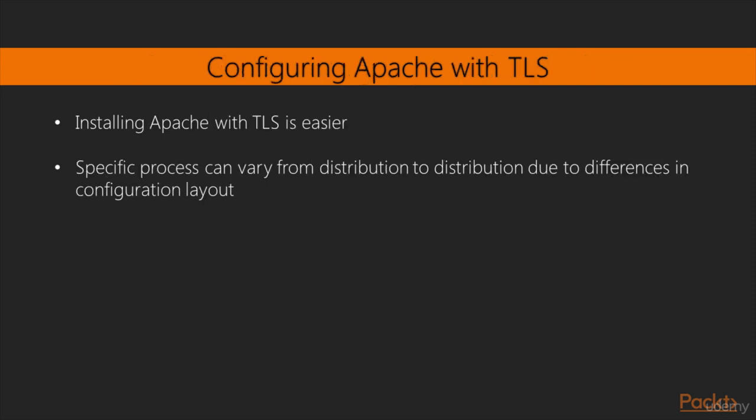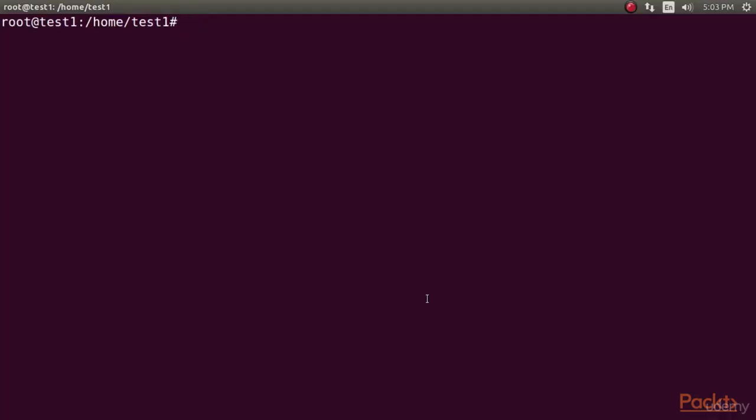These days, installing Apache with TLS is easier than ever, although the specific process can vary from distribution to distribution due to differences in configuration layout. Let's look at two of the current major examples. After this brief introduction, we will see how to do it. Let's start installing and configuring on Ubuntu